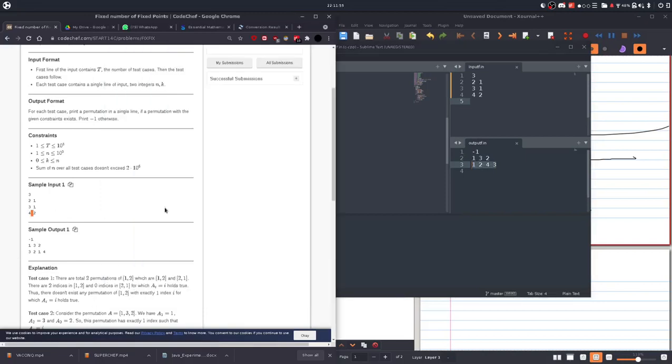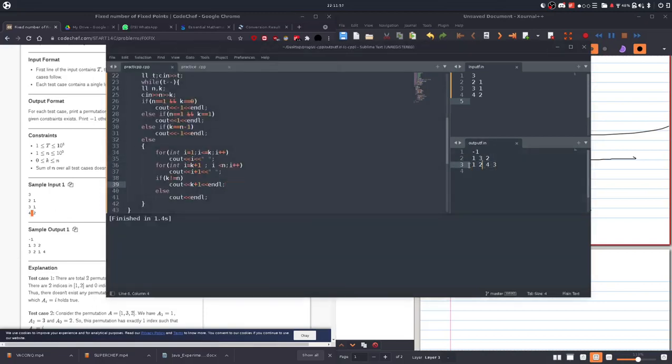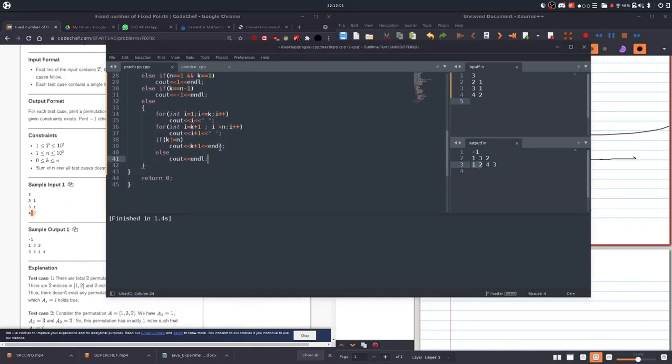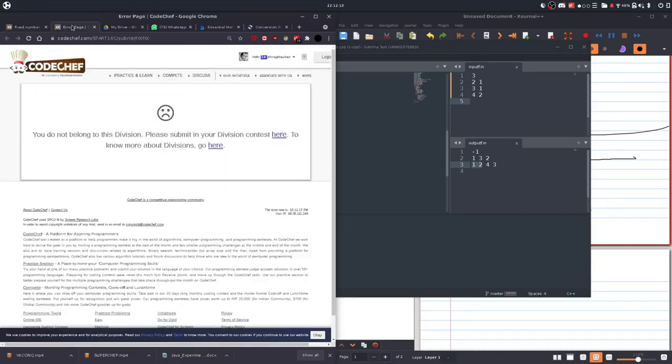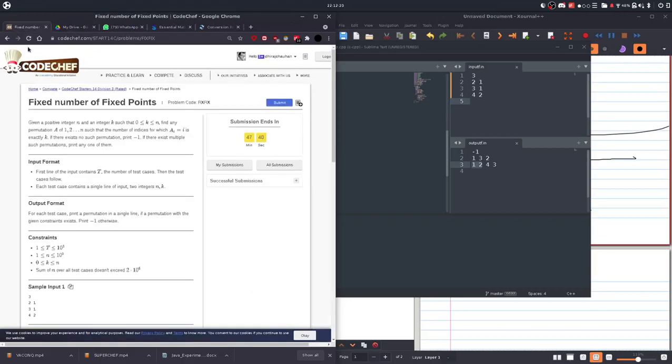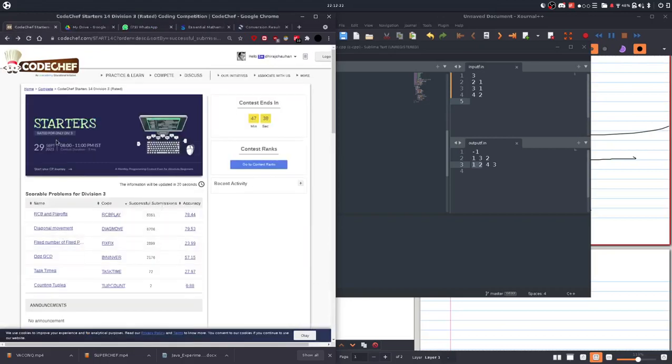So the answer is nothing but first is 1 3 2, and if we do 1 2 4 3, then also we get k as 2 as 1 and 2 are at their own position. So now we can just directly, I guess I should not be doing this here, and I should be doing just simple spaces. And yeah, so let's try to just submit this.